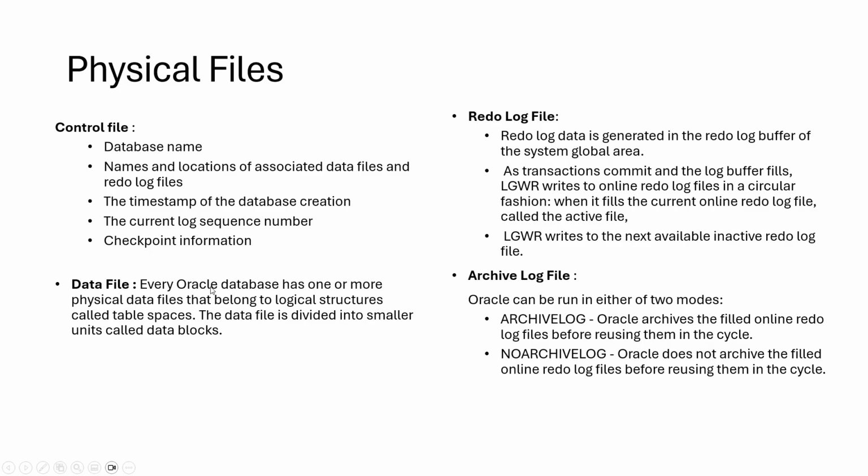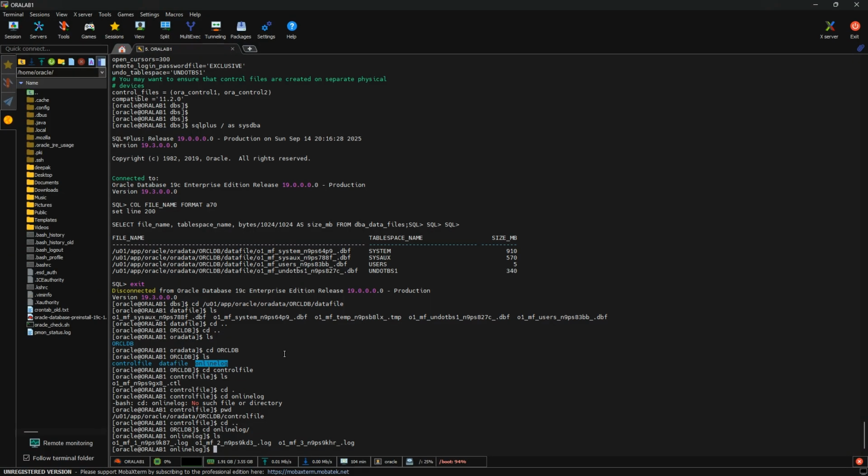A tablespace has a minimum of one data file, and you can have multiple data files for a single tablespace. In the example I showed you, the system has the SYSTEM tablespace, sysaux has the SYSAUX tablespace, the user has the USERS tablespace, and undo has an undo tablespace,